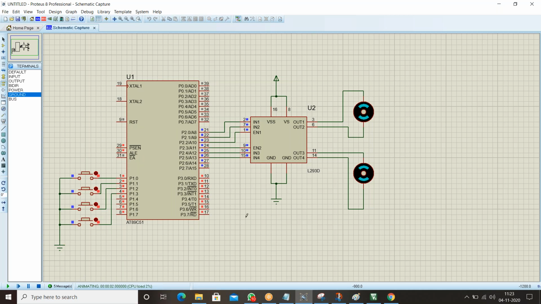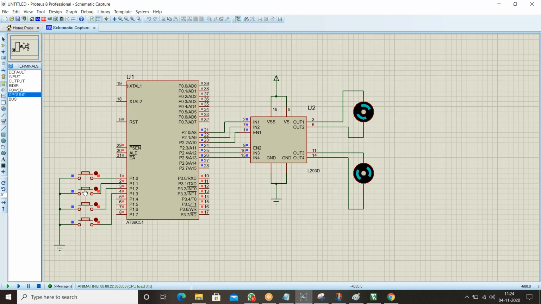Okay, the motors are not working. If I use the first button, first case is implemented. If I release this, it's not working. If I use this fourth button, only motor one rotates in reverse direction, as I have taken the fourth case for the fourth button.